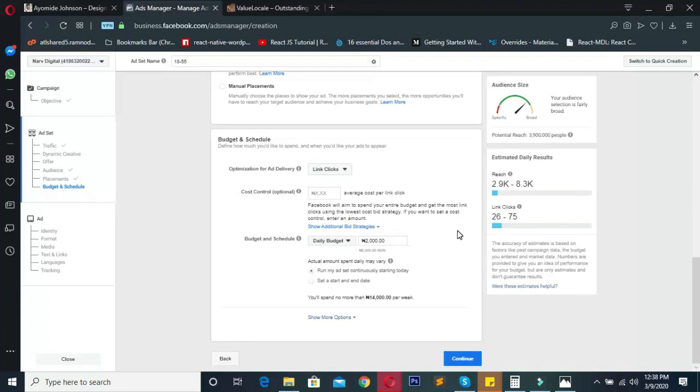Some people will type in 100 naira or 200 naira or 250. That's really not cool. You won't really get results. It will even take you longer to get results on an amount like that. But if you give Facebook an amount like 2,000, that will give Facebook enough flexibility and budget and money to actually look for people who are interested in your product. So at least 2,000,